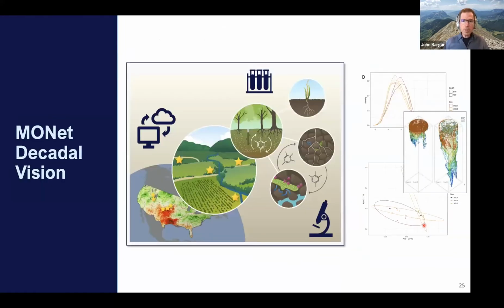So this is really the big vision. We've touched on it before. I just want to finish on it. What we want to do at a very high level is to collect and observe high resolution molecular scale information, but we want to do it at regional and larger scales in a systematic way. Why do we want to do this? Because we want to make data available to the science community as FAIR data. And by doing this, we can help stimulate the use of these data to solve new scientific problems. And arguably, we've never needed this kind of a resource more than we do now with intensifying climate change.